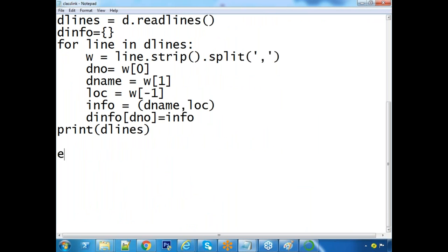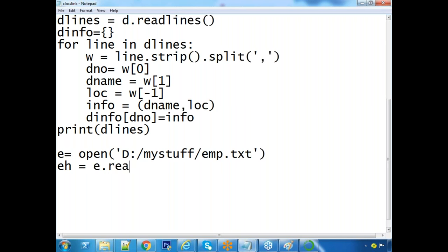Reading with EMP. Simply E equal to open the file path, emp.txt. Same E header. E dot readline. Remaining all the lines I am going to read. E dot readlines.